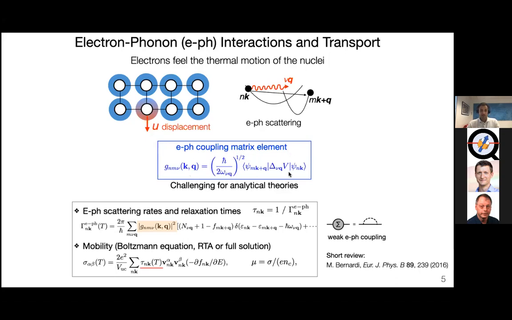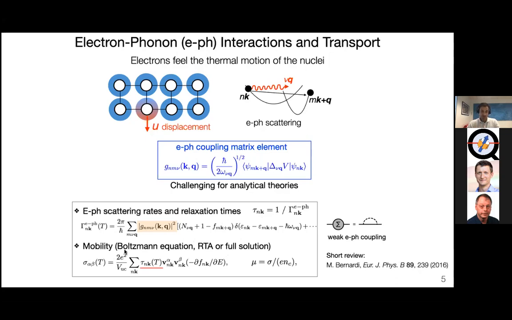And then we can use this knowledge, for example, to study the time scale of these scattering processes. This is the so-called relaxation time, which we can resolve for individual electronic states. And now we can use knowledge about both the scattering processes and the band structure, for example, here, the band velocities, to compute transport properties such as the conductivity and mobility as a function of temperature. And we can also change the doping by shifting the chemical potential.